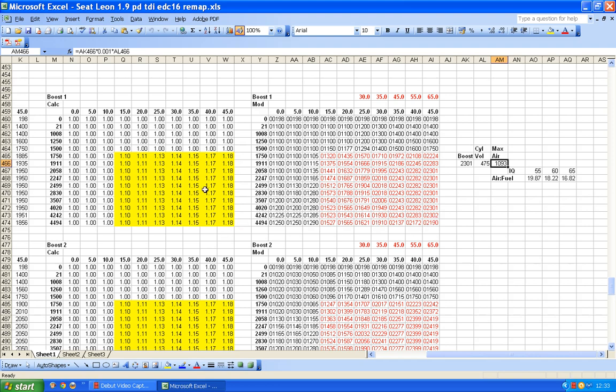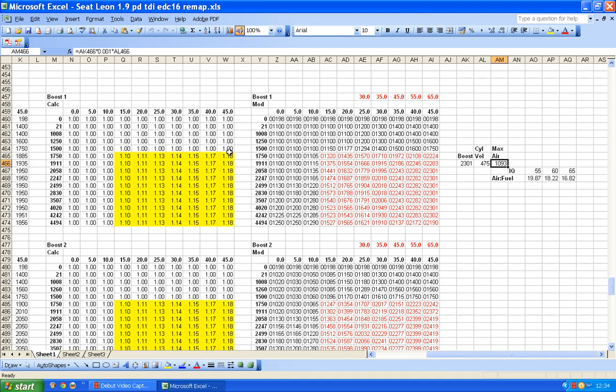Now, I've chosen these amounts not completely at random, but basically what I've done is I've looked at the figures and said to myself, how will I get a reasonable number here, and what is a reasonable number given that I decided that 2 bar or 2000 millibar wasn't enough on the smoke map. So I said to myself, well, I'll give myself a figure of somewhere in the region of 2250 or 2300, and then I'll just alter these to see what numbers give me that.